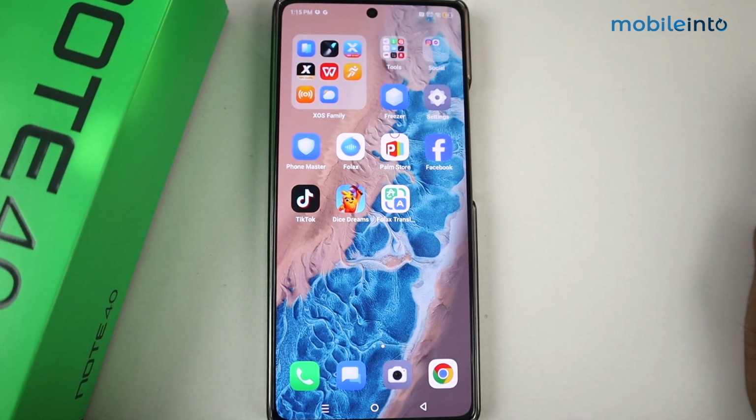Hey guys, what's up? In this video, I'm going to show you how to hide image, video, documents in Infinix